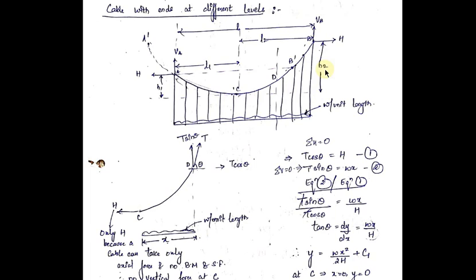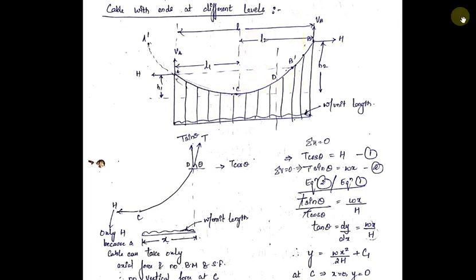Now we will derive various equations, like what the profile of the cable will be and what the length of the cable will be. We will see these things in this derivation. Forget about this dotted part A dash A for now, forget about this B dash point, and forget about this D point. First we will see what the profile of the cable will be when it is subjected to a UDL, and of course the supports are at different levels.